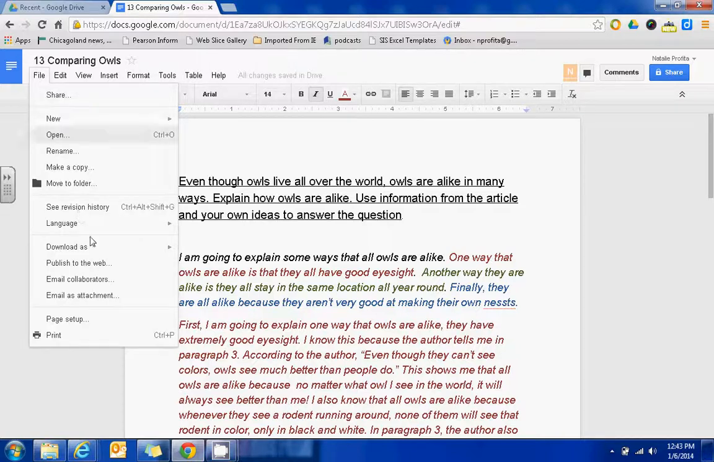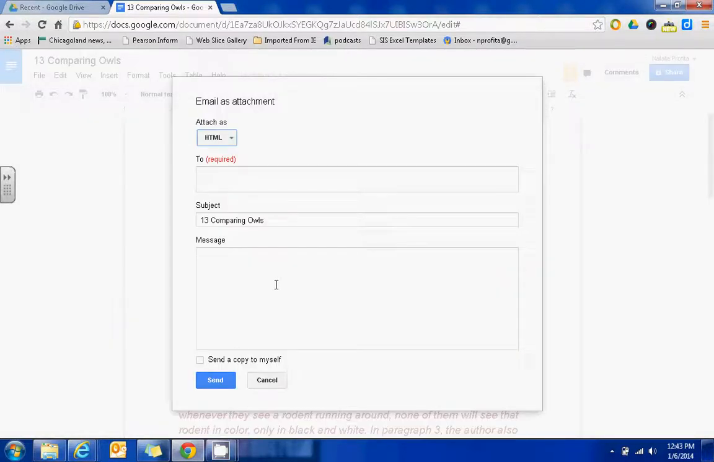Finally, under the File tab, you can email it as an attachment instead. By clicking on this, it will attach the document. You can indicate who you'd like to send an email to and include a message. This is different than actually sharing it and sending the link to the document, because it actually attaches the document